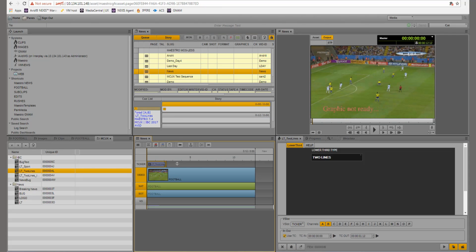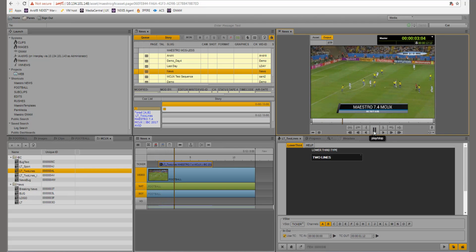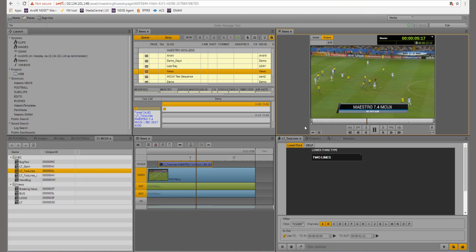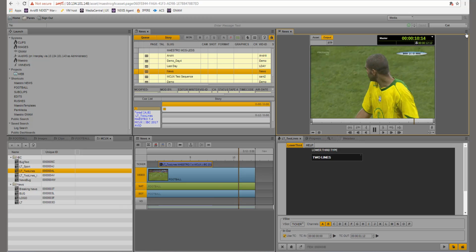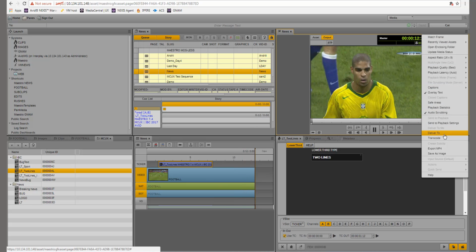The graphic element appears in the timeline, and now I can easily change in and out points of the clip. If I add any additional graphic elements that are on another graphics layer, an additional video track will be automatically created in the timeline. When changes are made to the in and out points, the remote server automatically generates a preview. When I press play in the media pane, a preview will be generated of the media that is coming from MediaCentral Production Management, and together with the graphics from Maestro News, using the timing that was set before in the sequence editor. Now I need to transcode the sequence to a flattened file so that it will play from